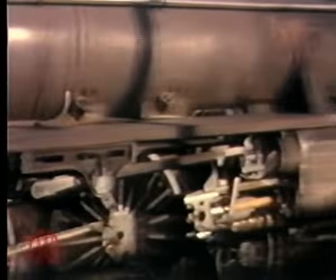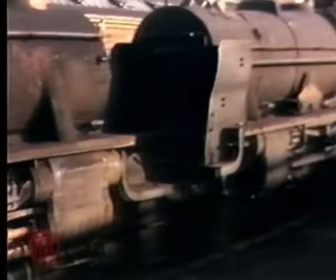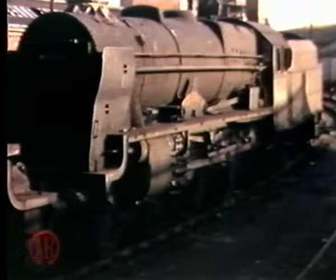Class 5 45273 was moved to Holbeck Shed and had 3 more years' life, but Royal Scot number 46130, the West Yorkshire Regiment, which had had 7 different homes in 7 years, was condemned and cut up at Crewe Works